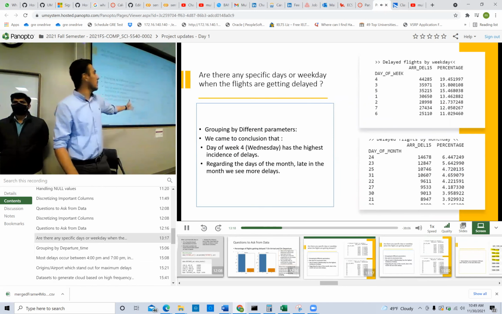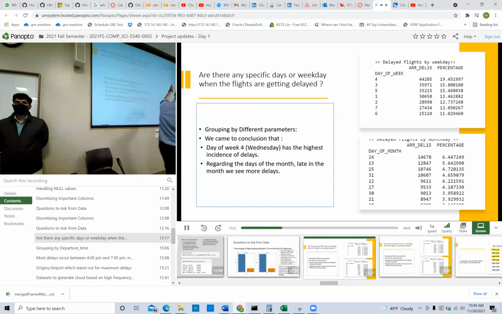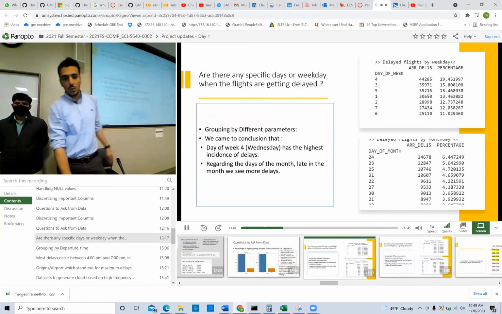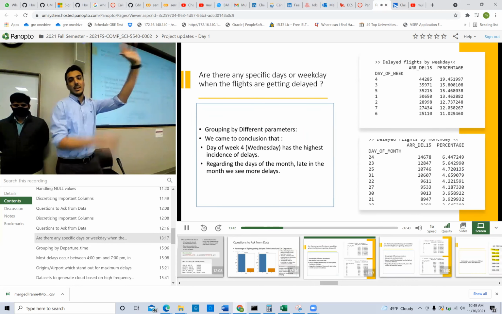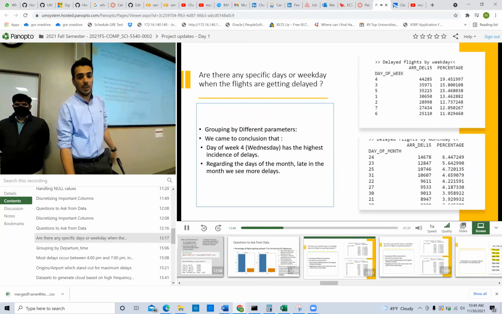Then we did some grouping by some extra functions. Just like you can see, day 4, that is actually Wednesday, had the maximum delay. So there must be something wrong. And likewise, at the end of the month, from 24 to 31, I saw maximum delays, around 14,000. I have just grouped by, and then the next column is basically the percentage of the total. So this is actually visualizing it in a different pattern, which days of the month and which days of the week are specific.